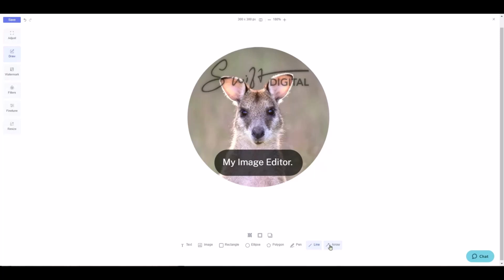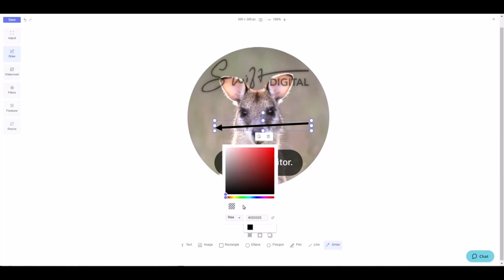The other two options here are to add lines or arrows. For each of these sections, the size of the arrow or line and color can be edited using the stroke option.